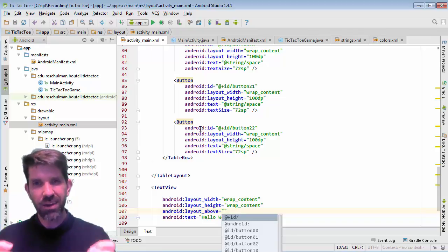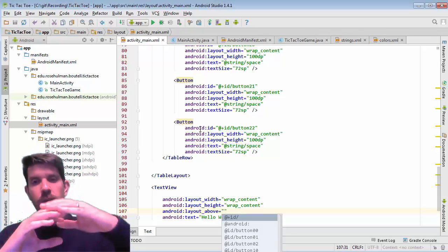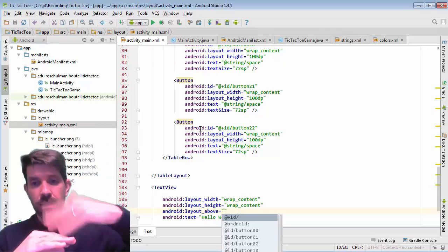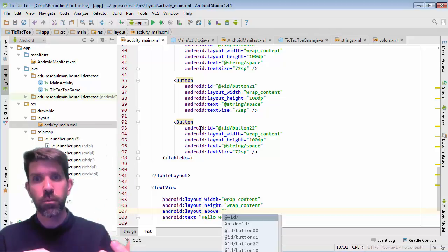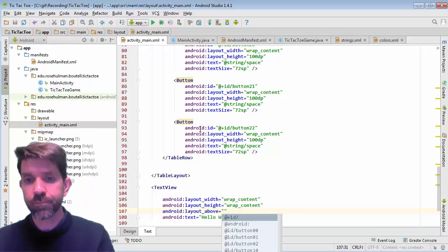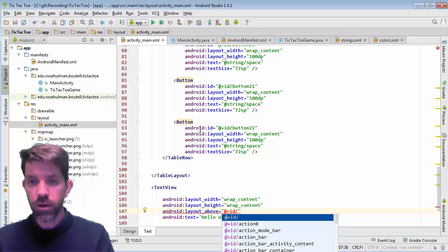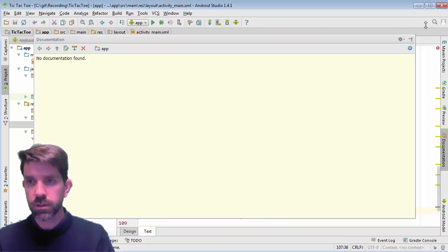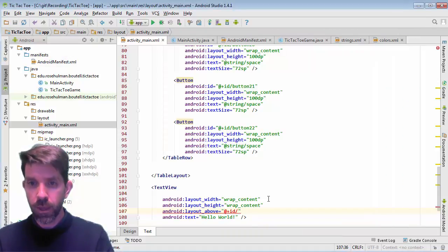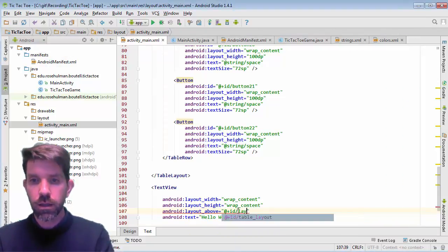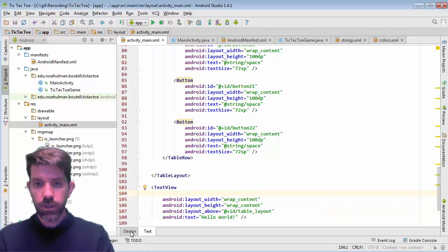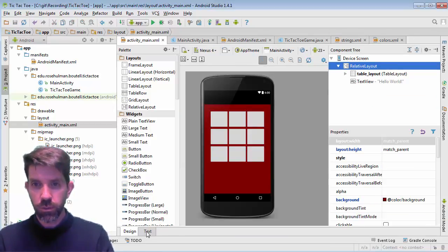The table layout is anchored in the middle of the screen, and then the text is relative to it. It's above it, so I have to put it later so it can refer back to something that already exists. So it's going to be above ID, table layout. All right, and if we look at that, it should be a little bit better, except that